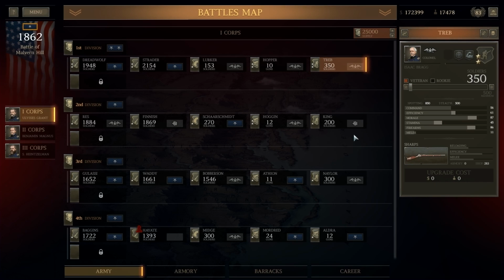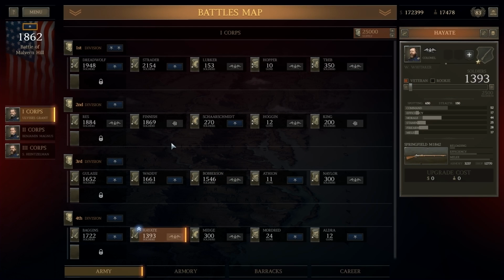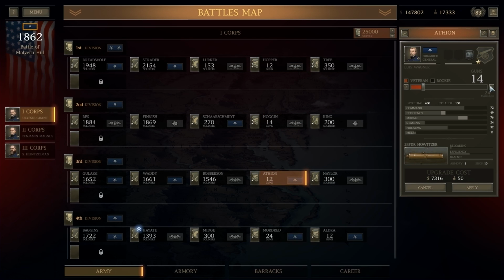Treb has been my finest special unit so far. And I will give you a colonel. Absolutely astonishing in battle so far. Huge casualties caused. Athian lost a gun. I think these were at 14. A bunch of these were at 14, weren't they? So let's bring these guns back in. Yes, sir. It's a lot of money, but